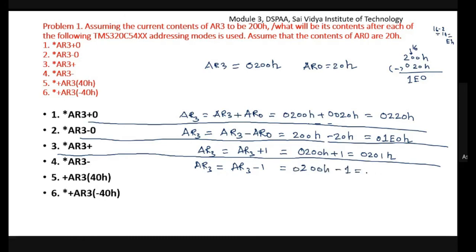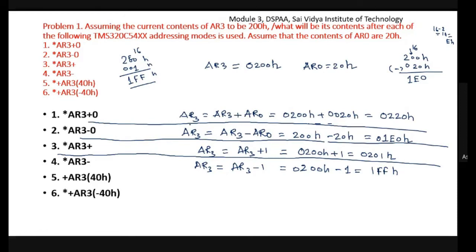So perform the subtraction operation of 200 hexadecimal minus 001 hexadecimal. If I take a borrow from this fellow, 16 he will give, 16 minus 1 is 15, and 15 in hexadecimal is F. Then this fellow, since he has given the borrow, the 0 has now changed into F, that is 15. Then since he has given one borrow to this fellow, 2 minus 1 will become 1. So 1FF hexadecimal is the answer.